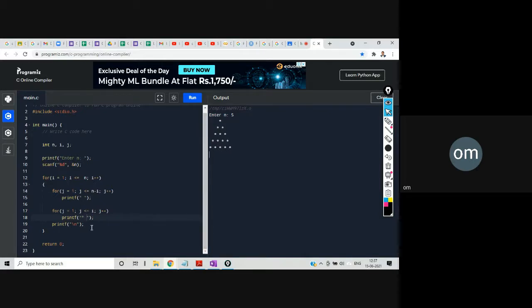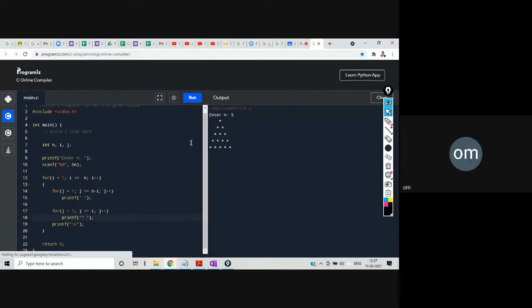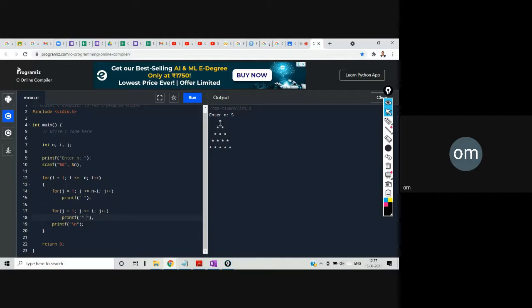So what I've done, nothing, just I printed one space over there. So you will say, why after putting the space it's coming like this? But obviously, because after printing the star, it's also printing the space. So for example, in the first row, it's printing star and space. So space is not visible. But in the second row, it will print first one star, then space, then one star, then space. Okay, so it's coming like this. Then this particular row, it's printing one star, space, one star, space, one star, space, like this. So if you try to print this one with a pen and paper, you will get this particular pattern.